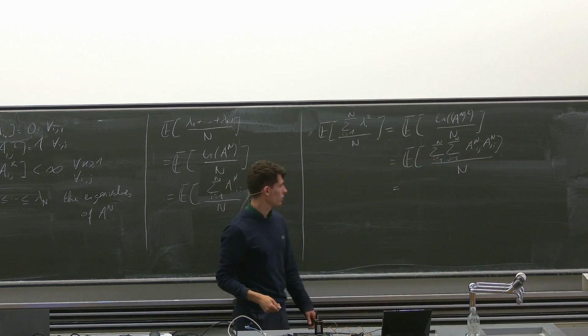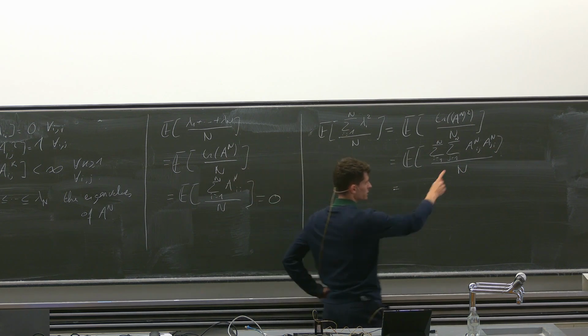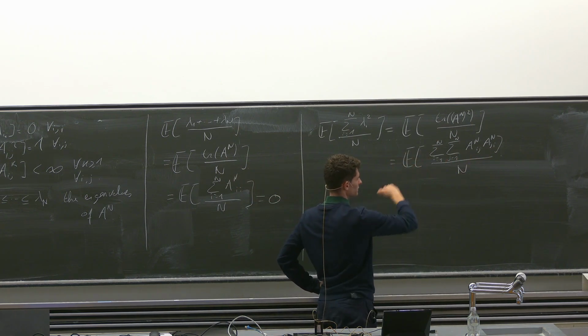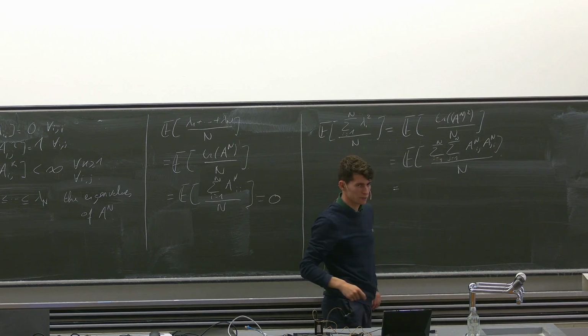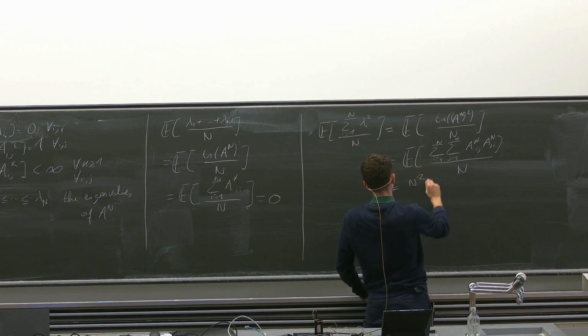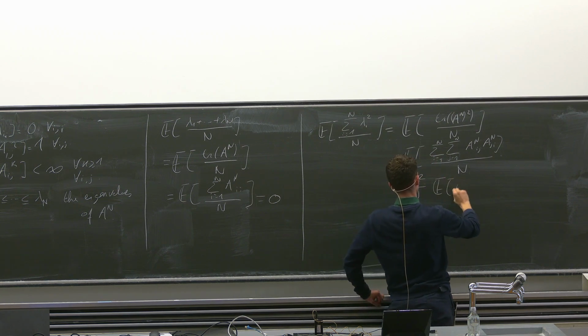Now we assume that the matrix is symmetric, so these quantities are the same, and they are n squared times this quantity, since we assume they have the same distribution. So this is equal to n squared divided by n times the expectation of